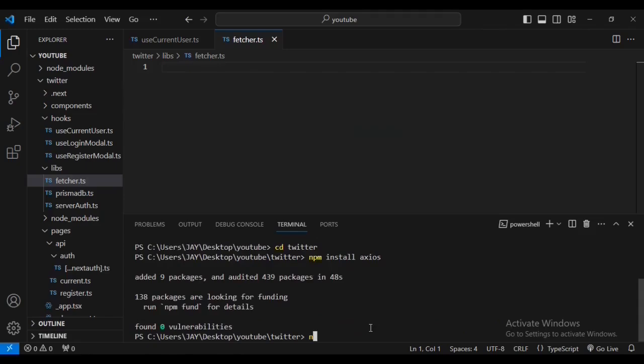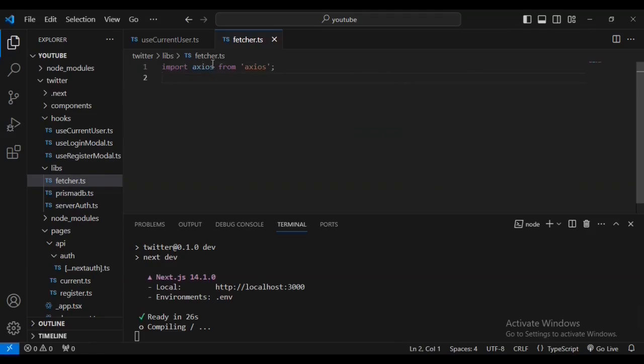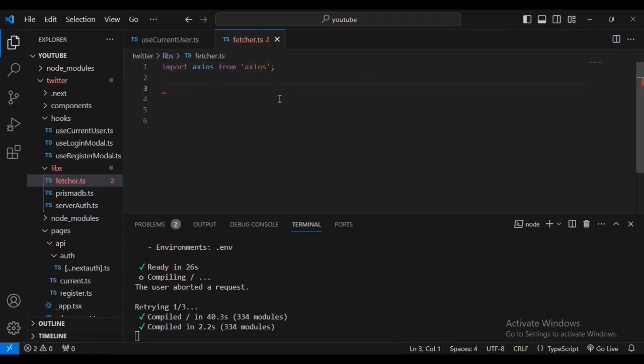So I'm going to run npm run dev to restart everything after these installations. Okay, now I've successfully run. So I'm going to go inside our file fetcher.ts. So I'm importing axios from axios. Then let's have const fetcher equals to a URL string, which is directed to axios.get(url). Then